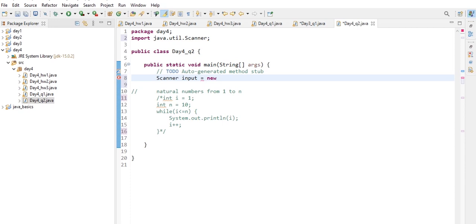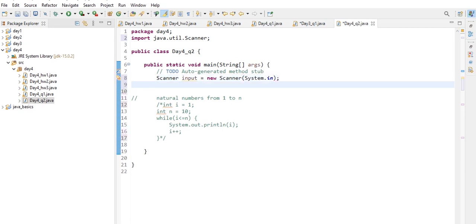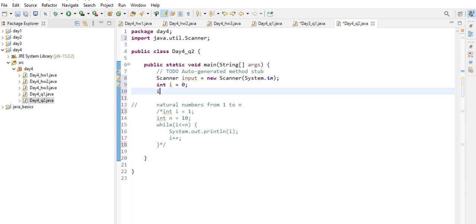With the help of that, we are creating an object, Scanner(System.in), that is input. And now let's declare a variable i of integer data type, and initialize that to 0. And let's declare another variable n of integer data type,